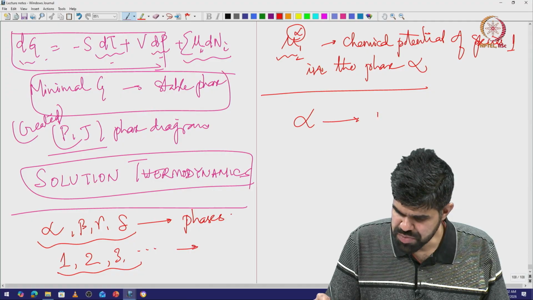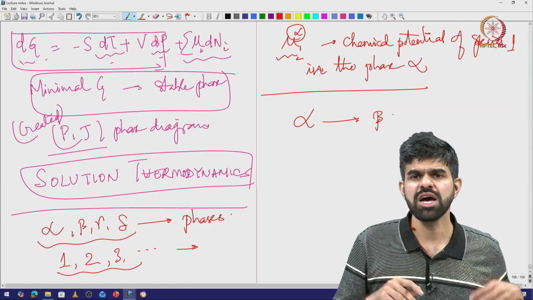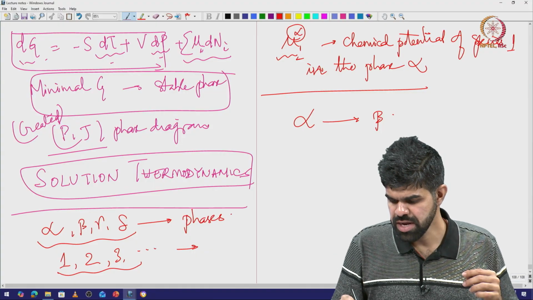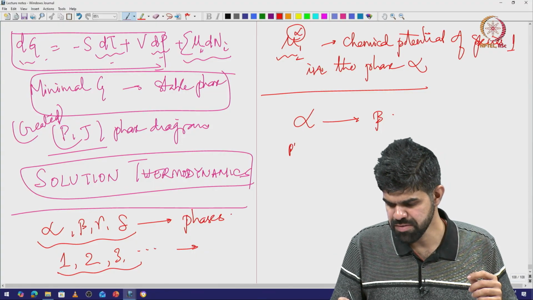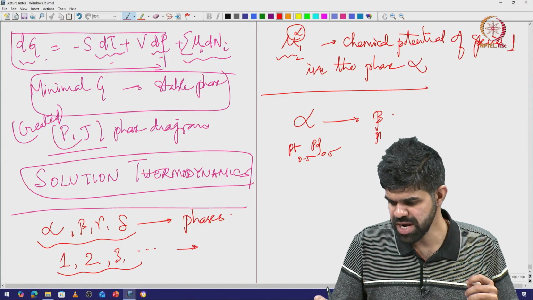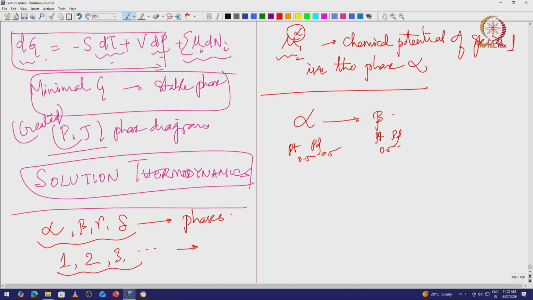Now alpha transforms to beta without any change in composition. So, alpha is let us say platinum, palladium 0.5, 0.5, beta is also platinum, palladium 0.5, 0.5. Alpha is in an FCC structure, beta is somehow I made it into a BCC structure. So, there is no change in composition,